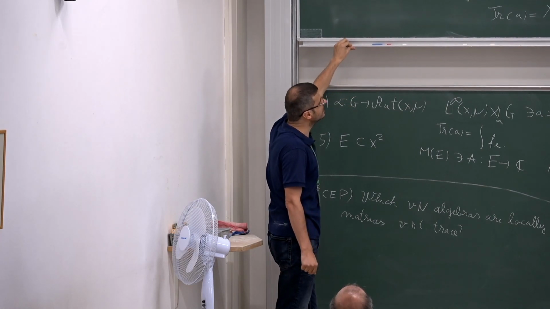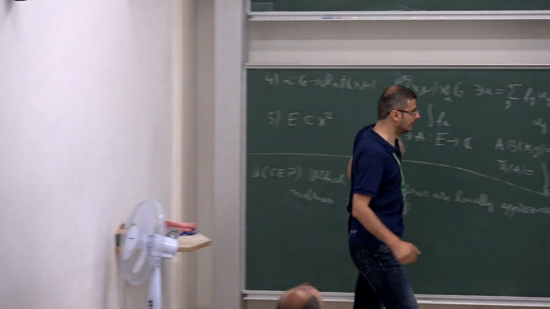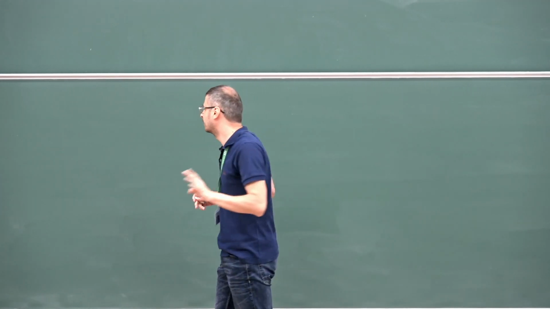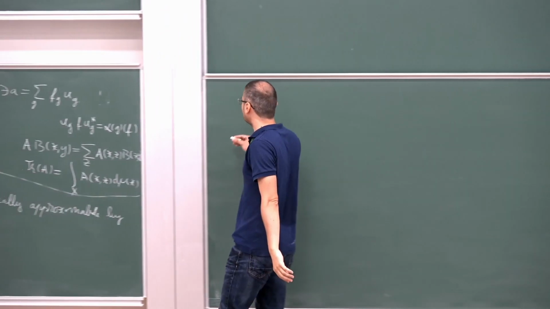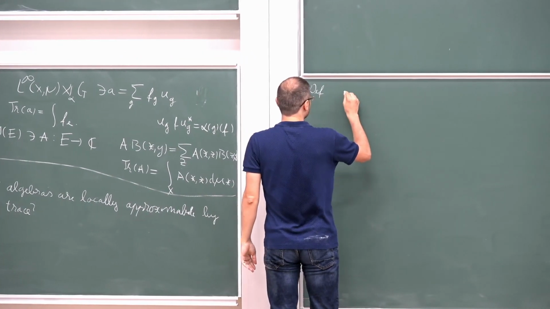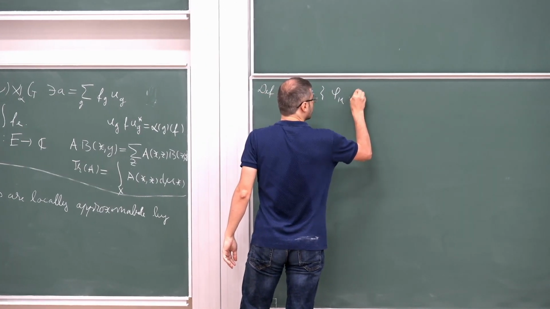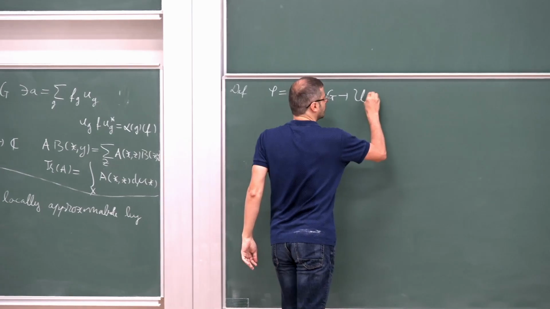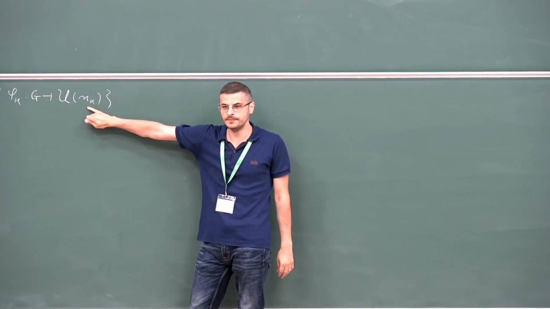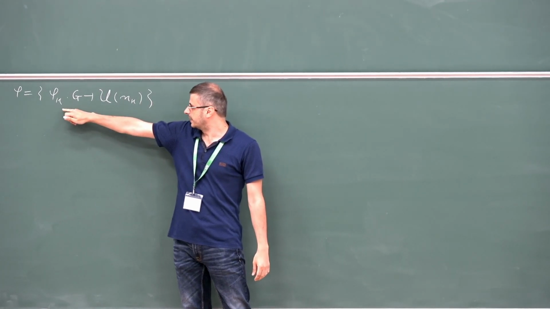Okay, so the first non-trivial example to discuss is when a group algebra is approximable in this way, and this is the notion of hyperlinear group. I will write the definition, but I will split the definition into 4 parts because I will need it for the rest of my talk. So from now on, we'll work with a sequence of maps, phi, from the group G into unitary matrices in some dimension. So fix n_k, a sequence of natural numbers going to infinity.